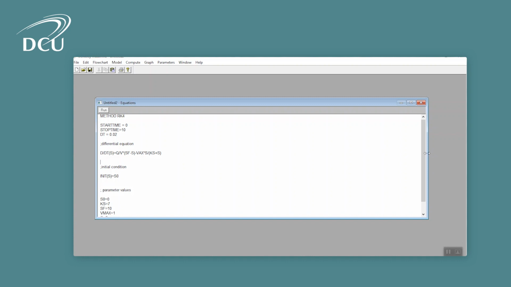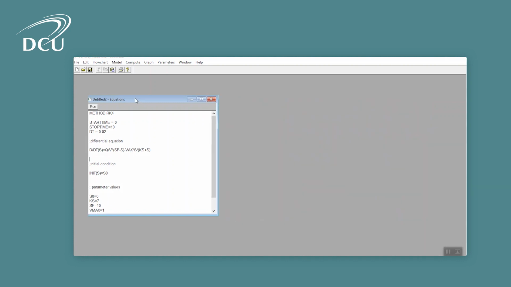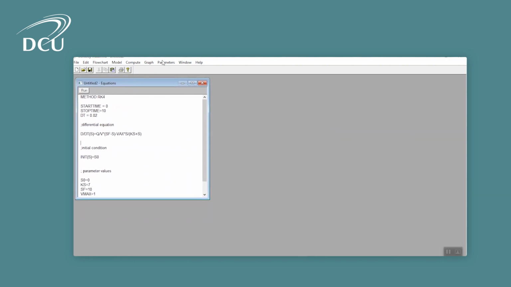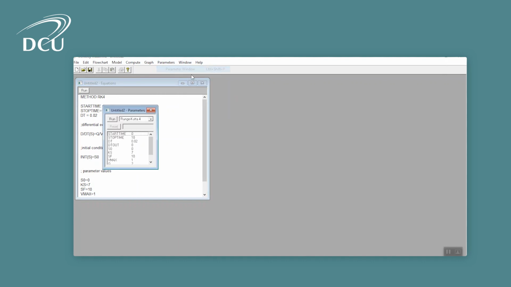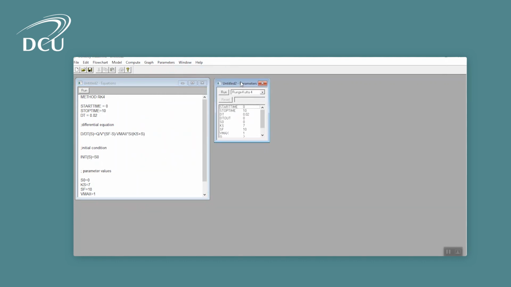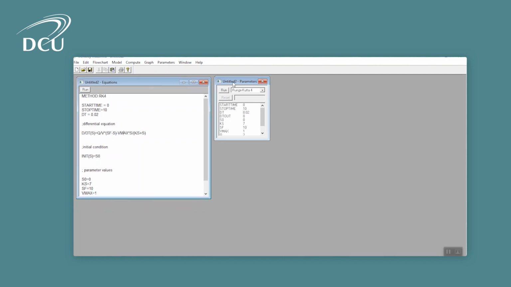Anyway, so we'll get our windows sorted out just to follow best practice, and we'll put our parameter window in there. Oh, I didn't know it would do that, so I had a little error there. I didn't know that when you move the parameter window, it checks your code. So there we go. So it has all those values in there already because I've given them here.